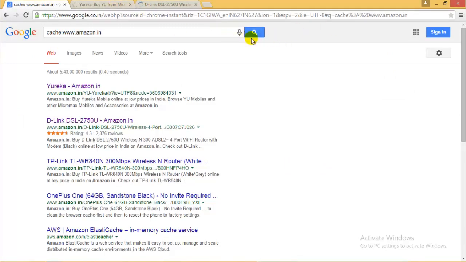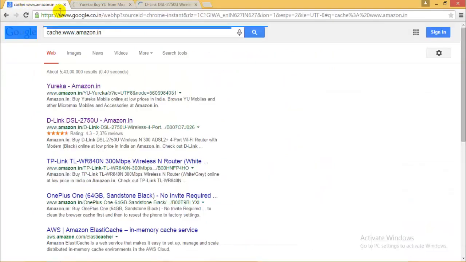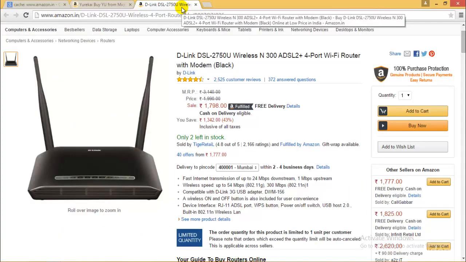So this is what we need. As you can see, these are the prices. If I enter a date over here, it will give me the cached web page of that date. Let's say the price for this today is 1798, and tomorrow it comes to 2000 rupees, but I still want it for 1798. Then after 10 to 15 days, I'll open the web page of today's date by entering the date here as well, and I will get the same amount, the same offer that was a few days ago.